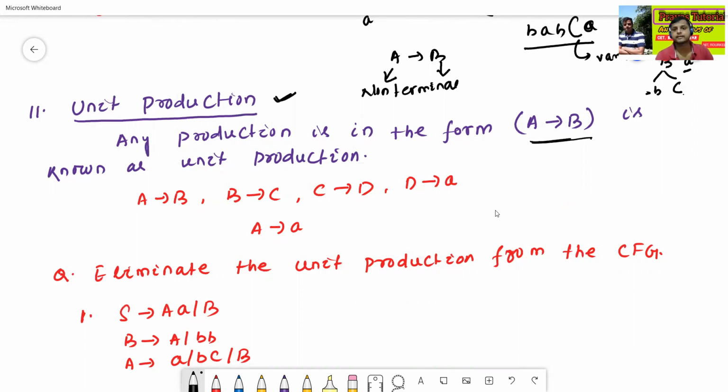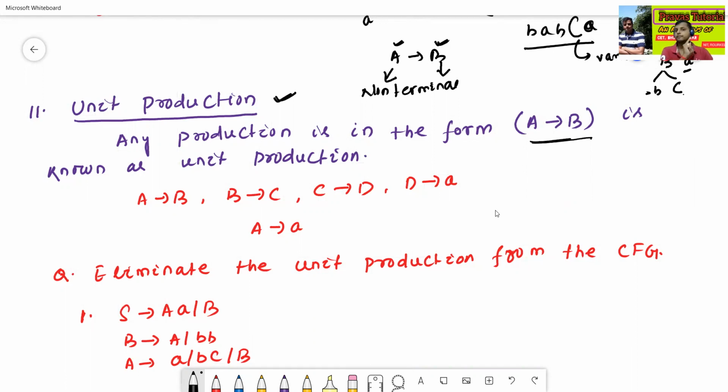And one thing here: A is a single non-terminal and B is also a single non-terminal. The left-hand side of the production is one non-terminal, and the right-hand side of the production is also one non-terminal.